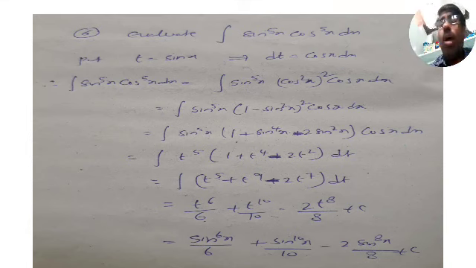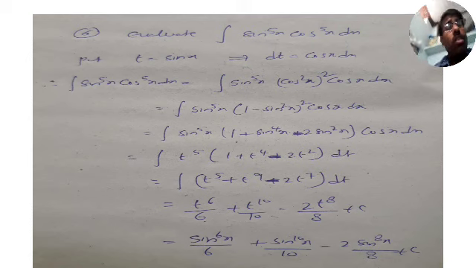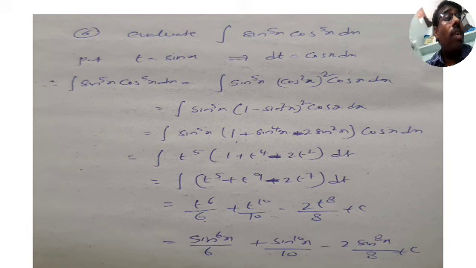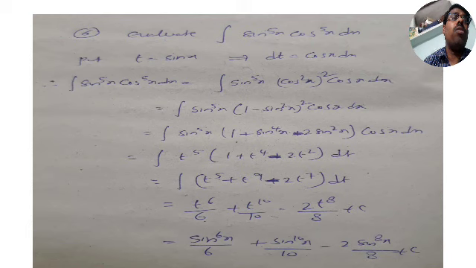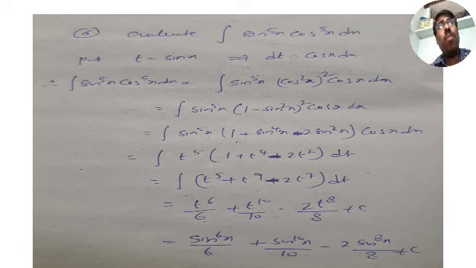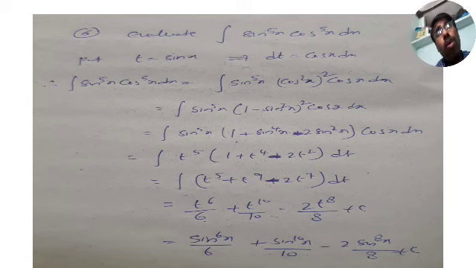What is the time? Another 5 minutes, 5 more minutes. So let us quickly take up one more problem, because we didn't take up the problem where both of them are even numbers. We took sin power odd, cos power odd. If both the powers are odd and sin power is more than cos, both are odd and cos power is more than sin, and both the powers are odd and equal, all such problems on odd we took.